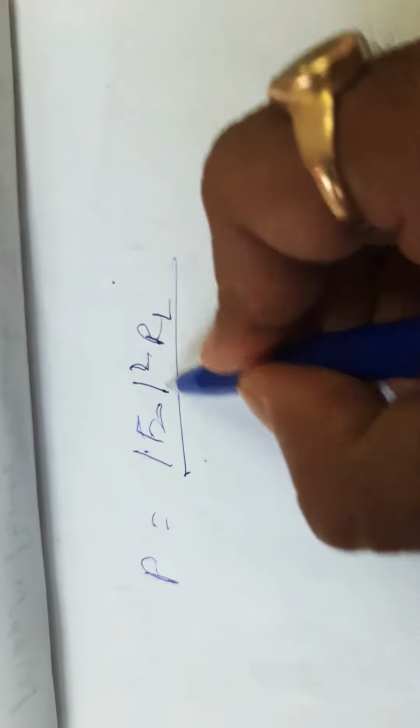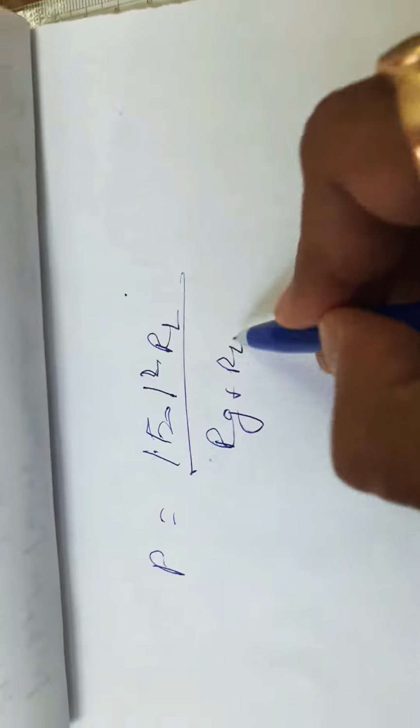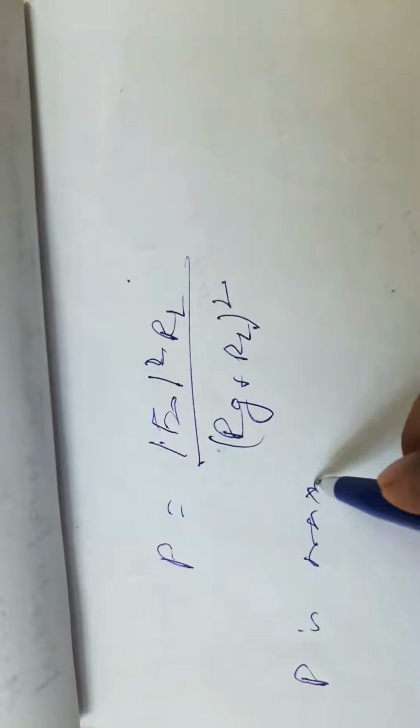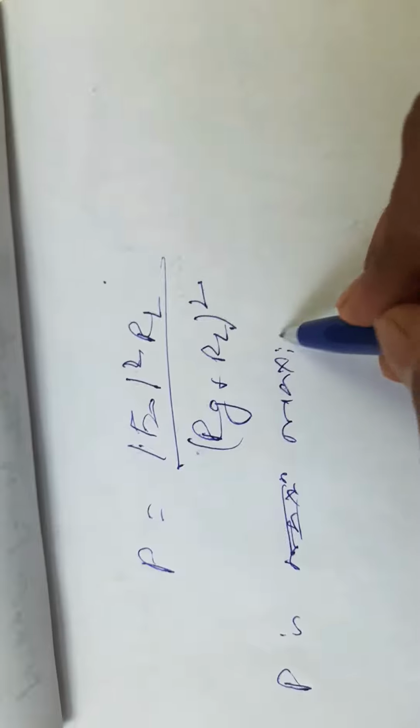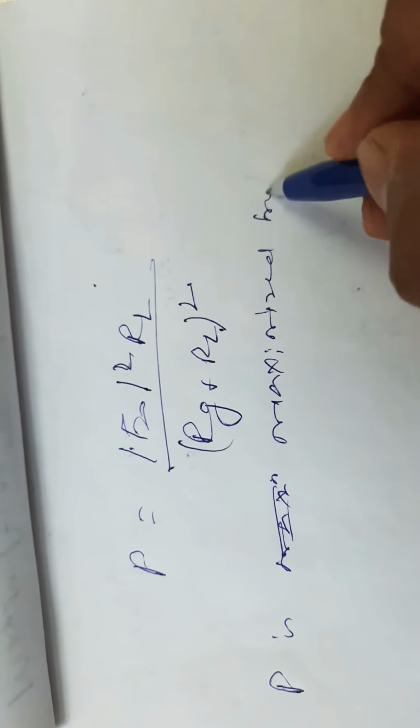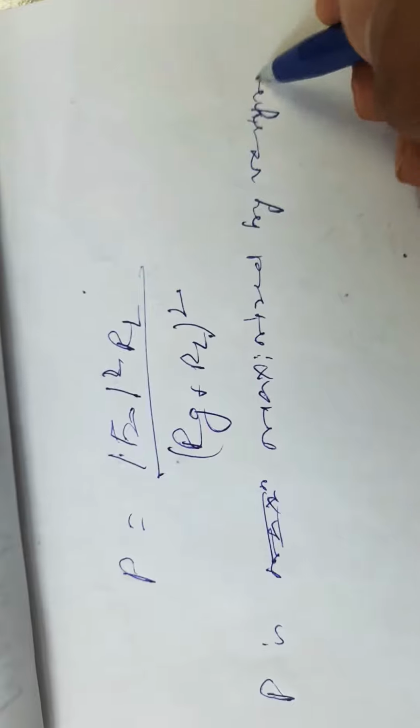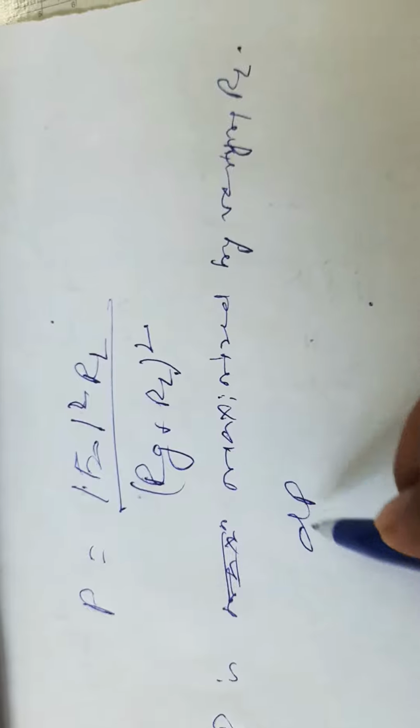Under this condition, the above equation may be written as P is equal to mod of E naught square RL by Rg plus RL whole square. So P is maximized by varying RL. Under the maximum power condition, dP by dRL must be equal to 0,